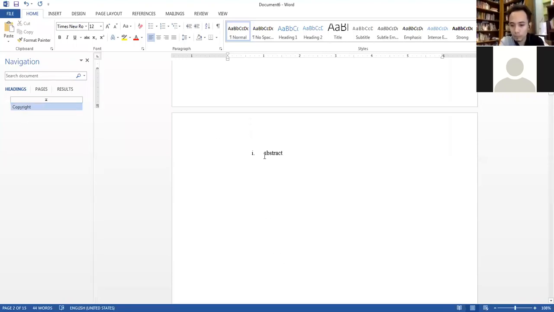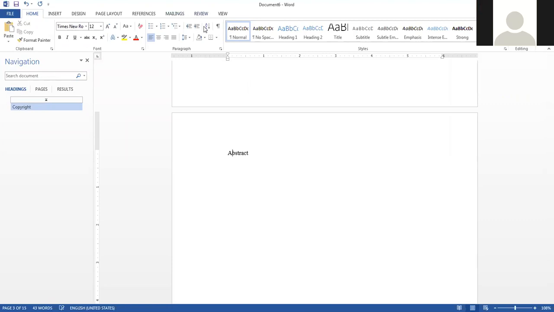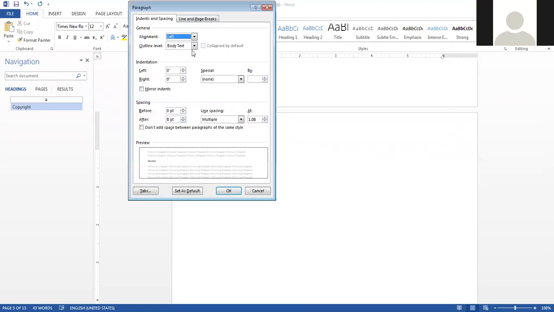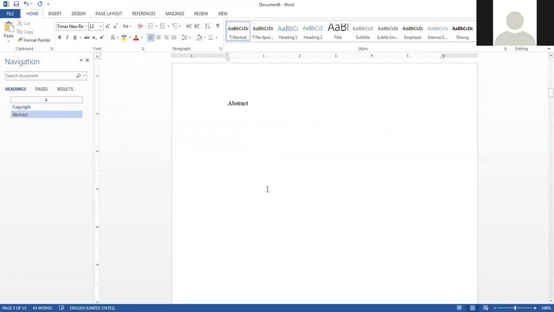We go to the second one, the abstract. We do the same thing, we change it into level 1. This one, Malay abstract.